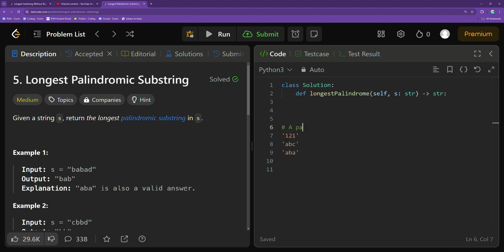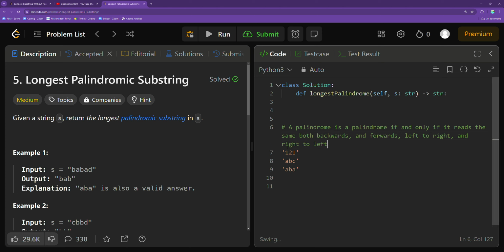So a palindrome is a palindrome if and only if it reads the same both backwards and forwards. In other words, also known as left to right and right to left. So using that definition, let's go ahead and evaluate the palindrome types of